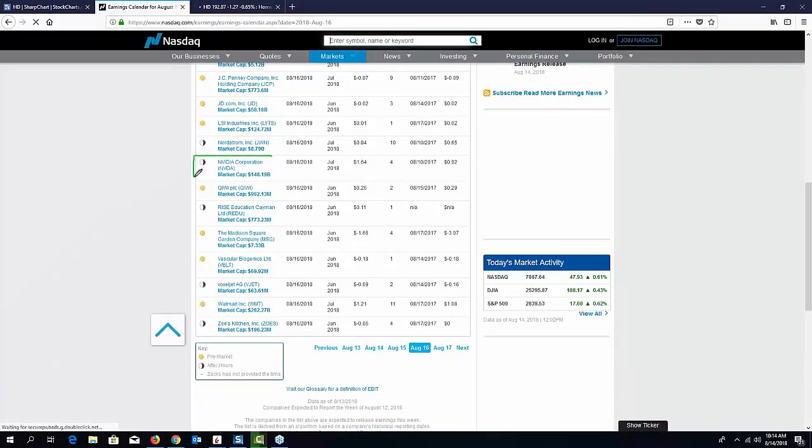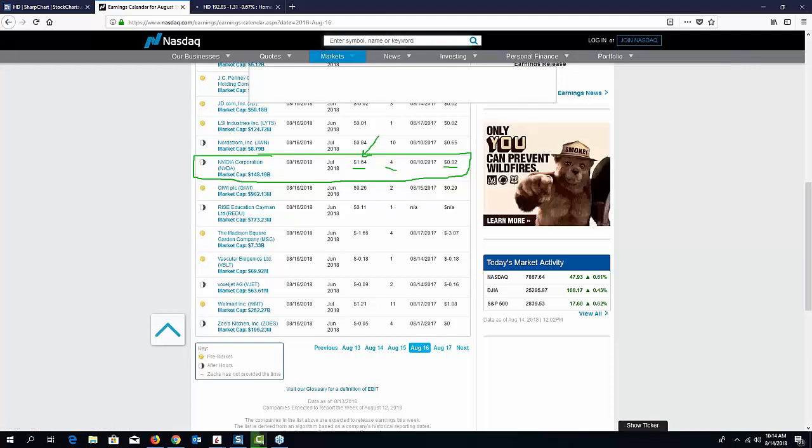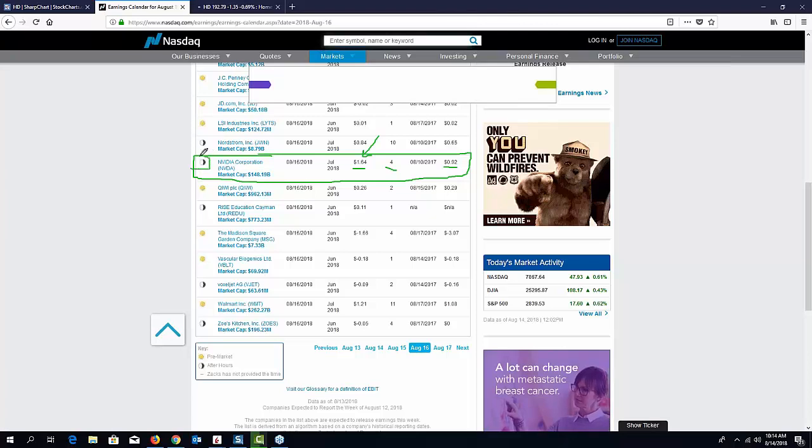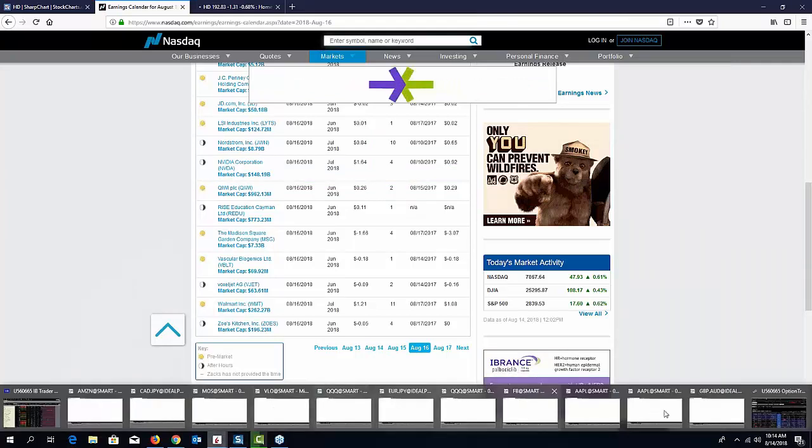So here's Nvidia, okay? Four analyst estimates. You can see last year they reported 92 cents. They're expected to report 164. They'll probably beat that number. That doesn't mean the stock's going to go up, but they'll probably beat that number. They report Thursday after the close. That's all that data right there. Now let's go look at the options and take it one step further with